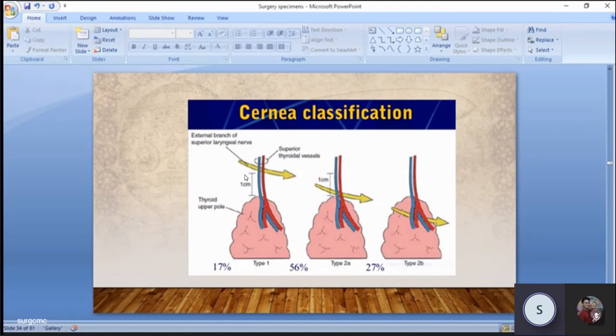Individual branches, not the trunk. If you tie the trunk, the recurrent laryngeal nerve may be tied. So, individual branches of the inferior thyroid artery. And the superior thyroid artery is ligated towards the gland. Okay, because once the superior or inferior thyroid artery reaches the capsule, it will give branches below the capsule. So we have to identify the inferior branches.